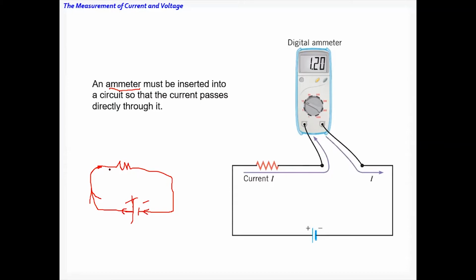Now, if you want to measure the current in this circuit, where do you put the ammeter device? You have to break it here, right here, break it. You have to break it here and here, 2 points. And at those 2 points, you have to connect a device. In this case, I call it a digital ammeter. Okay, ammeter, which is digital. That's how you measure the current.